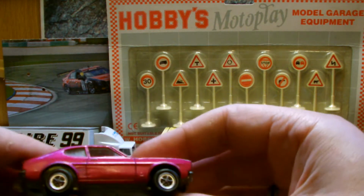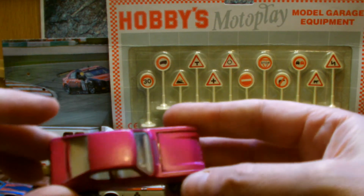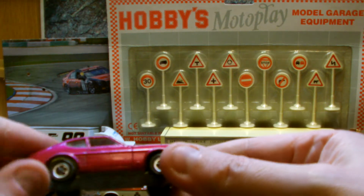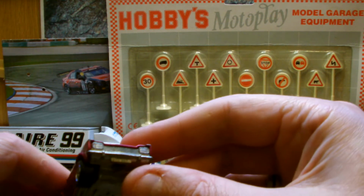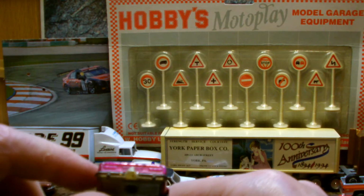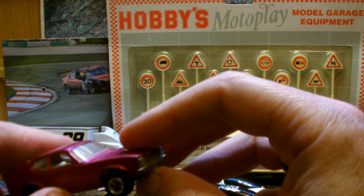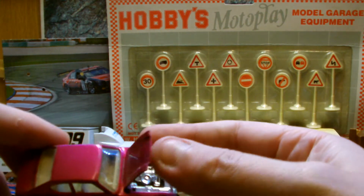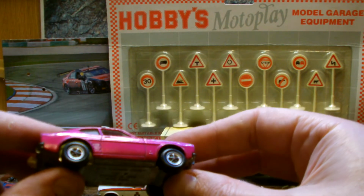And we've got two Matchbox Capris. I believe we're very lucky this year because Hot Wheels are going to do a Capri, which I can't wait for, because I don't know if they've ever done a Capri. I can't wait for that. But what is nice is an opening hood. Again, I've changed out these wheels